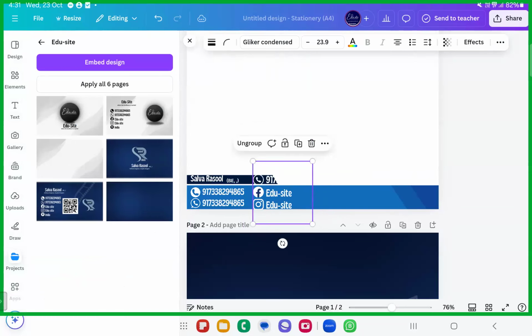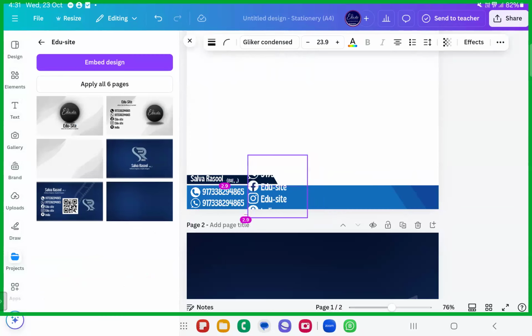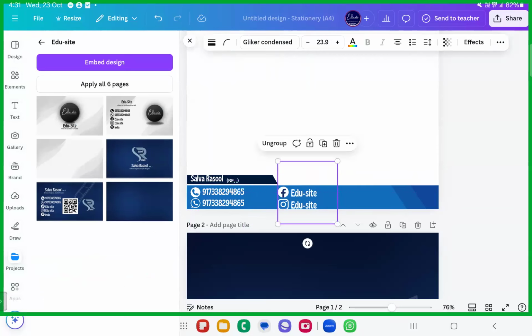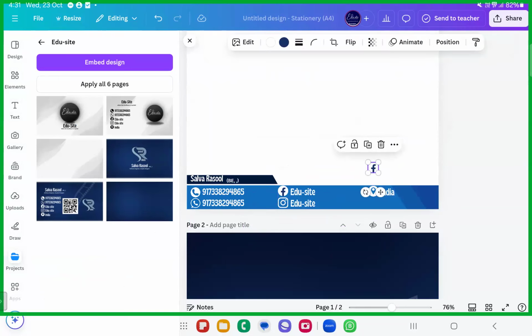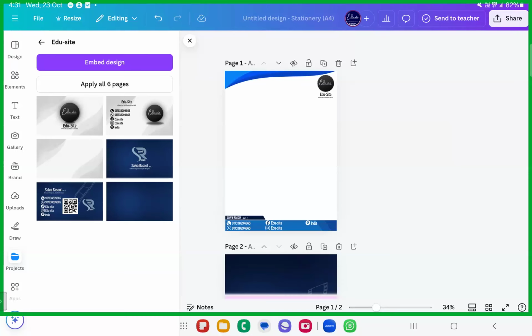Something like this I'll place somewhere here. Facebook and Instagram, a bit smaller, I'll make it. Then duplicate again. Location. Ungroup it. Delete. See how beautifully we placed it. This way you can create your own letterheads.